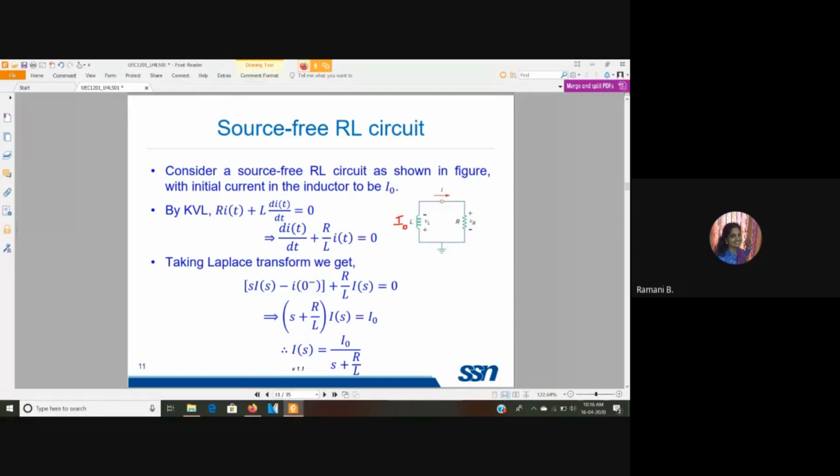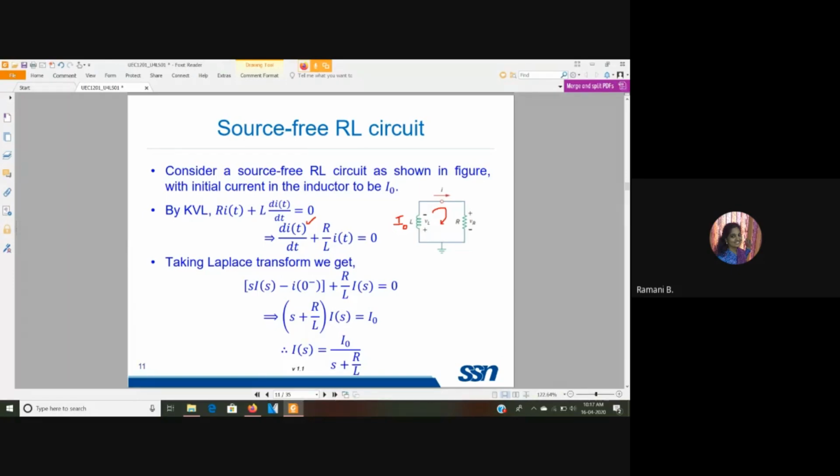Now in this circuit, applying KVL. We initially saw that everywhere, whether it is the RL circuit or RC circuit, we are going to apply Kirchhoff's laws only. Here let us consider this as a series connection and apply KVL. So L into di by dt plus R into i of t is equal to 0. Next, I divide the whole equation by L such that the highest order term has coefficient 1. That will help in applying the Laplace transform and taking the inverse more easily. That's the reason why we are doing this.